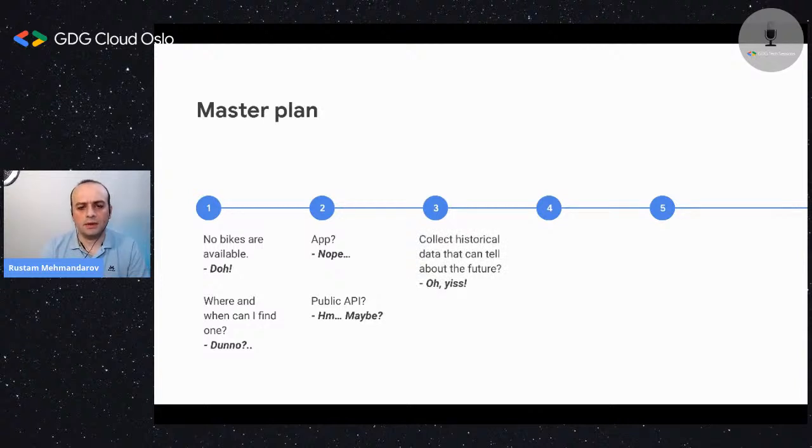But again, the public API provides real-time data, so I don't have any historical data, and I cannot just knock on their doors and say, hey, I need the historical data so I can understand how your bicycles are moving around. So you need to collect it yourself. And then you're like, okay, cool, how can I do that? Well, I mean,